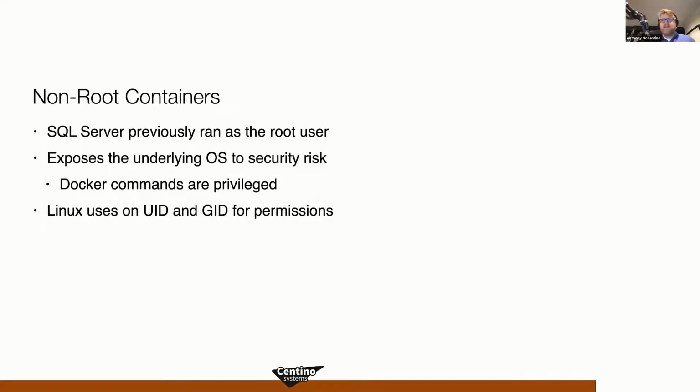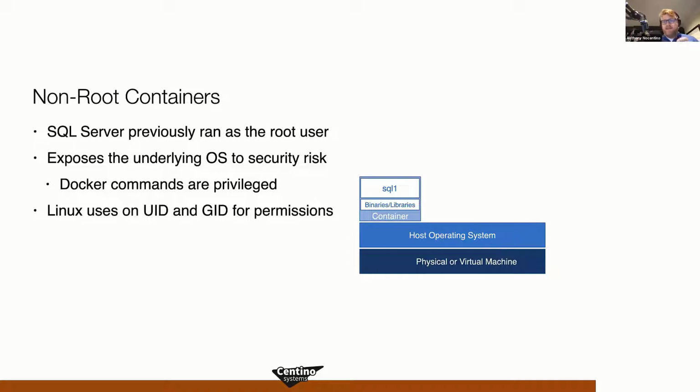Let's look at this graphically. If I deploy a container, and that container is running as a root process, I can attach any arbitrary volume from the underlying base operating system because Docker commands are privileged. That process running inside the container is now running as user ID 0 if it's running as root.